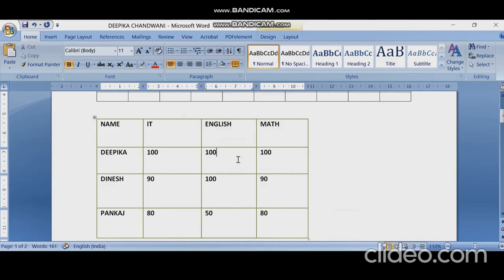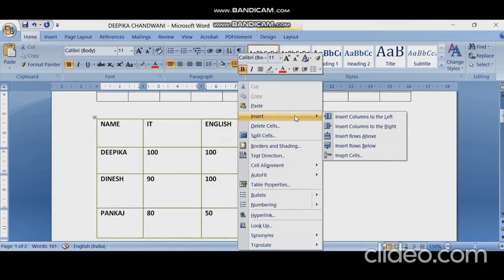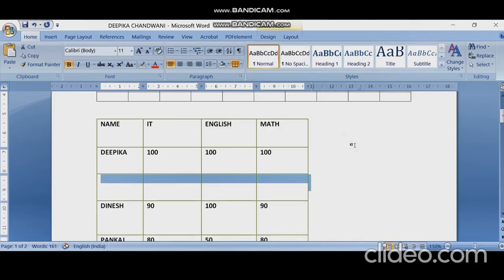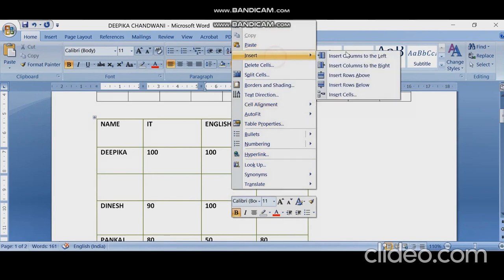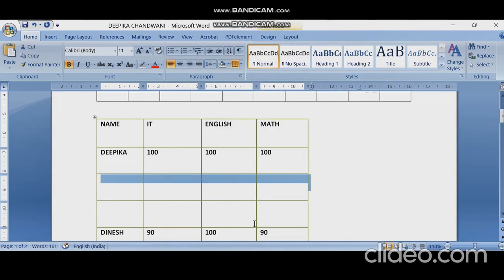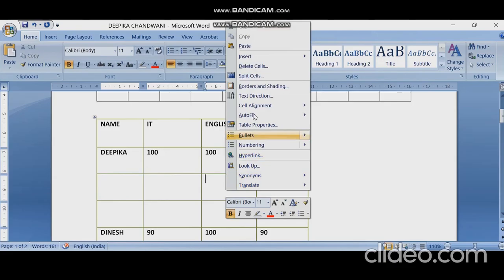I want to insert a row above or below. So first I have inserted a row below. Now I want to insert one more row but above this. So right click, insert row above. So two rows got added under this. They become data. Now if I want to delete this, then delete cells,